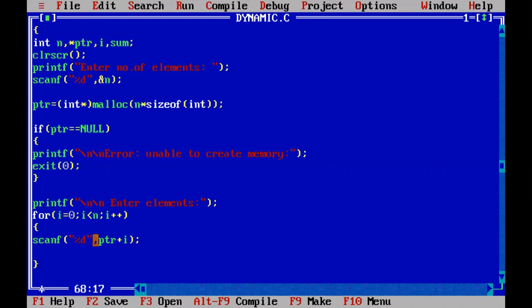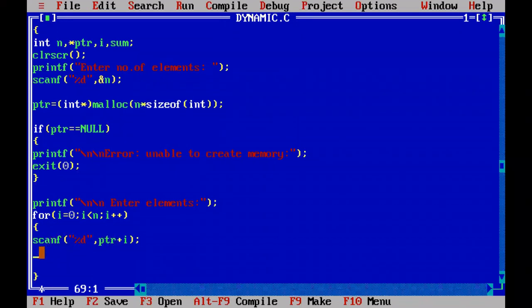By that time, starting with 0 to 4, 5 integer elements are read by using scanf. The first time you read one element and store it into ptr plus 0, the first address.